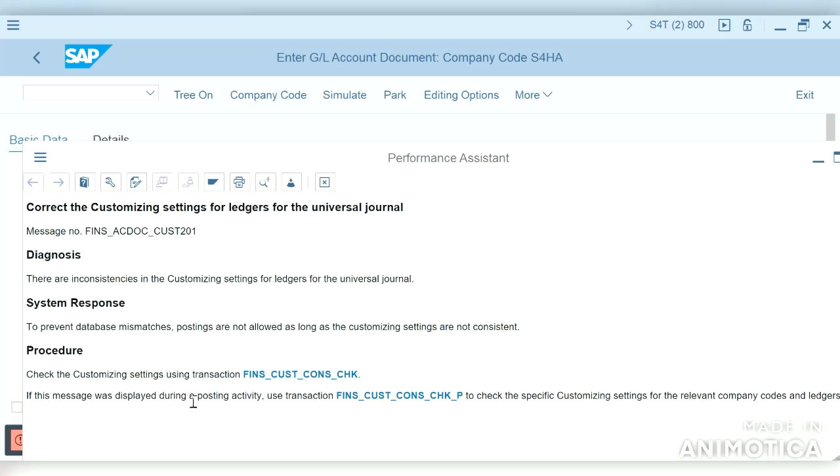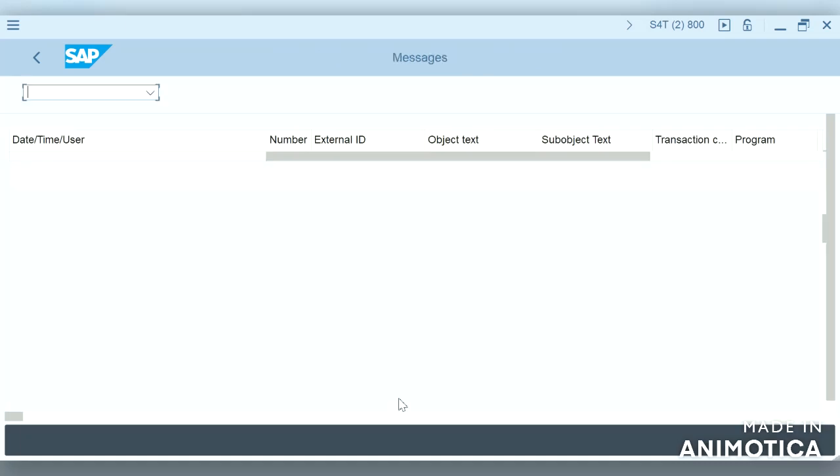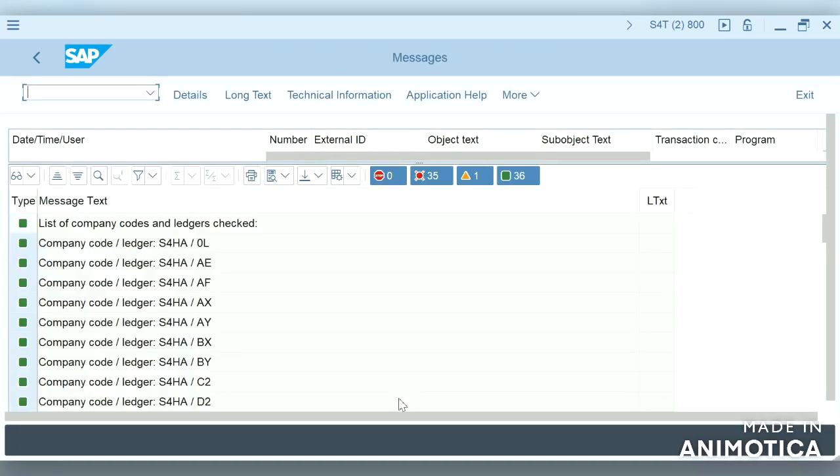If this message appears during a posting activity, use the transaction to check the specific customizing for the relevant company codes and ledger. This is for the relevant company code. So if we click on this, it will show only the problem in our company code. So what is the error? S/4HANA list of company codes and ledgers checked.